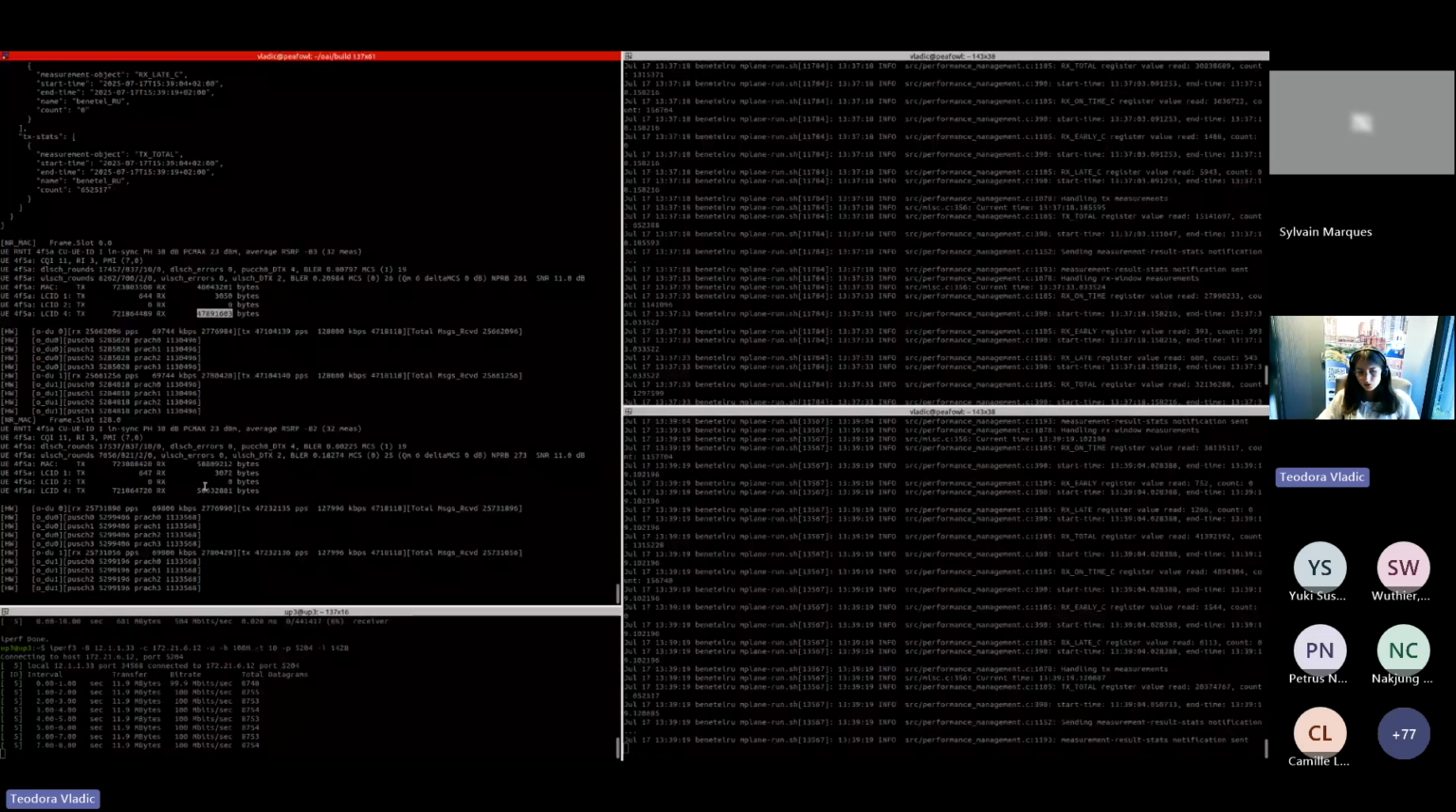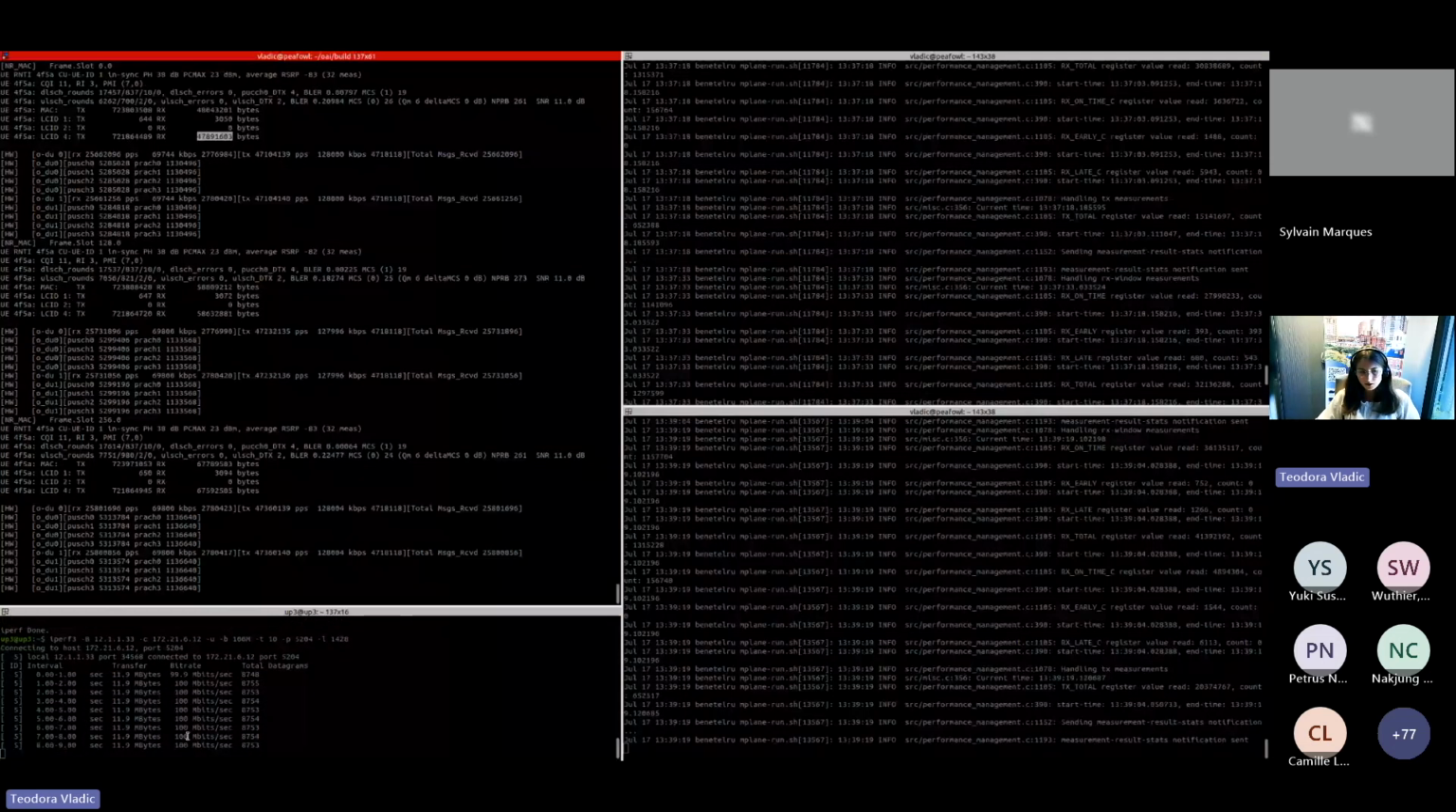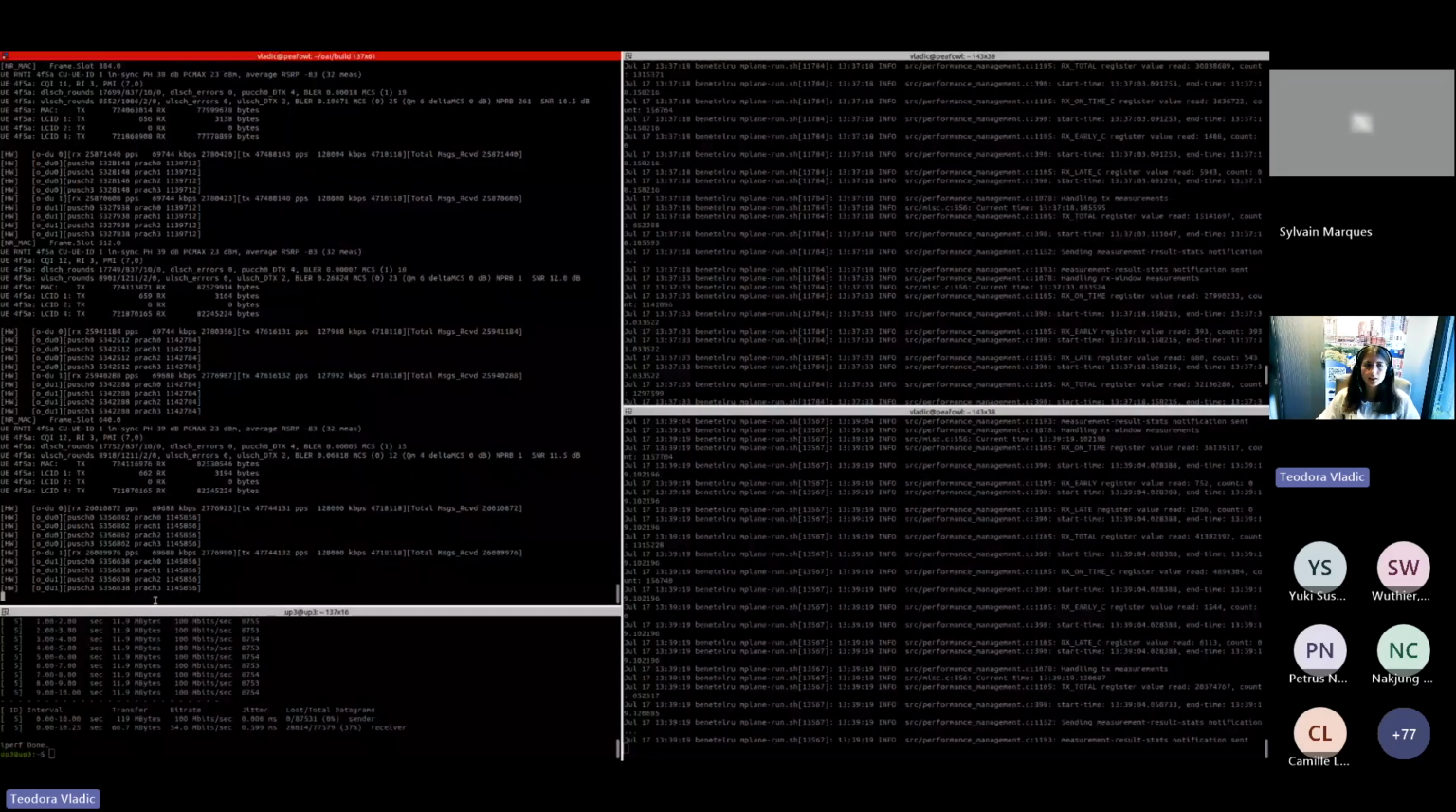However, the 100 cannot be reached. So we can see here the uplink retransmissions. So around 55 is the maximum for the outdoor. So if I try to stop the UE,